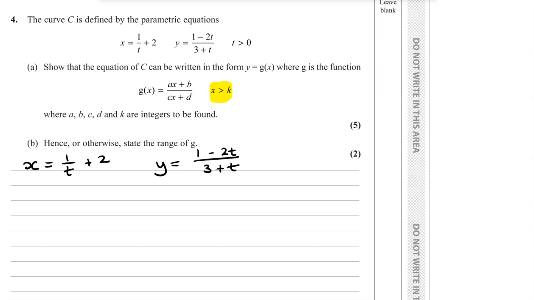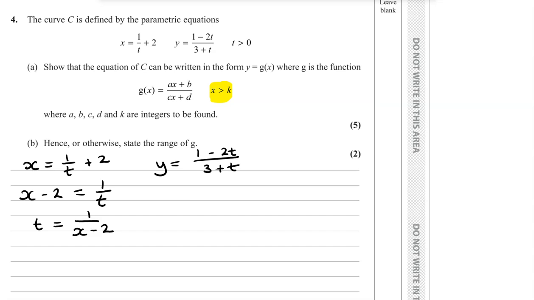So what I'll do is look at the first equation and make t the subject. By doing that, I can then eliminate the t. To make t the subject, I'll take 2 from both sides, then multiply through by t, divide both sides by x minus 2,